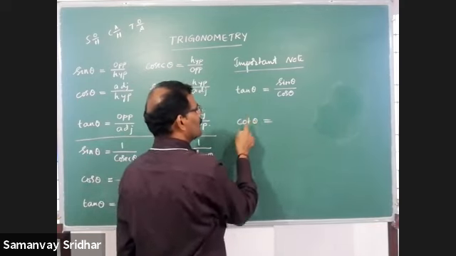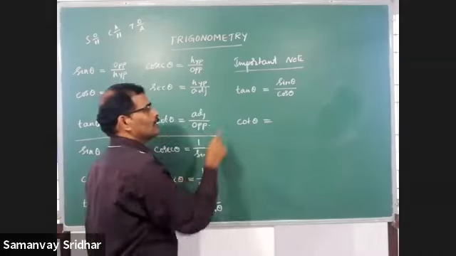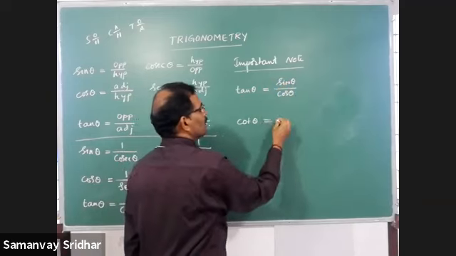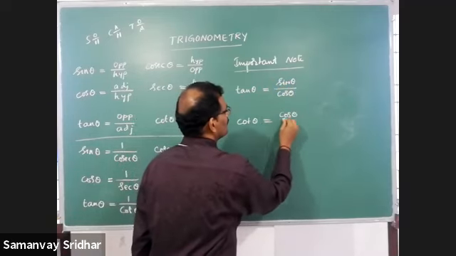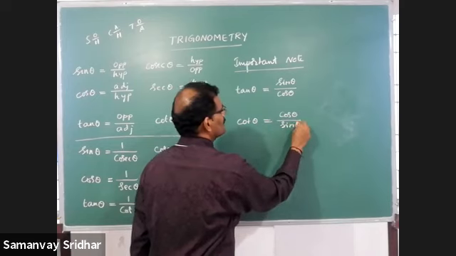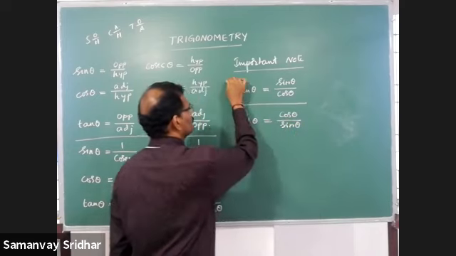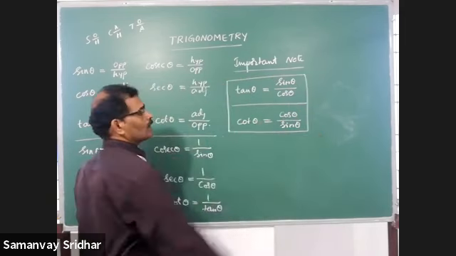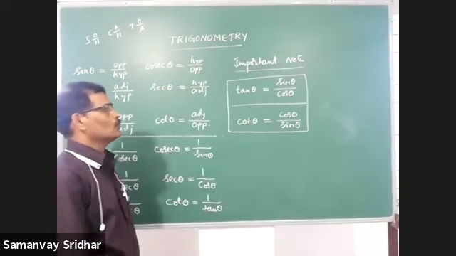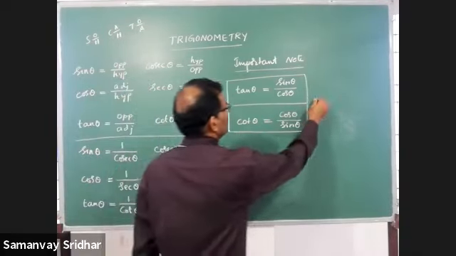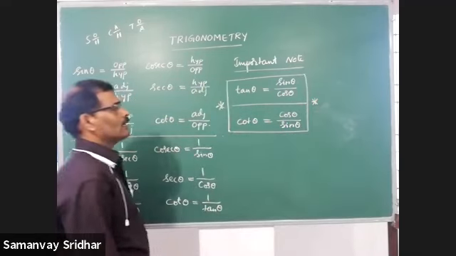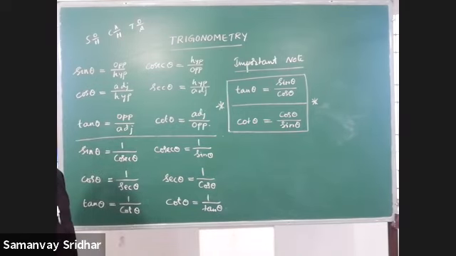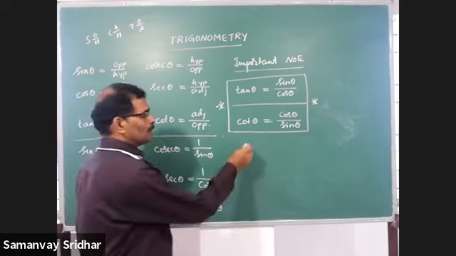cot theta is the reciprocal of tan theta. Whatever tan theta says, the reciprocal of that is what? Cot theta. Tan theta, I wrote as sin theta by cos theta. Therefore, cot theta will become cos theta by sin theta, because cot theta is the reciprocal of tan theta. Very important this is. In many areas we are going to apply that. Therefore, please take care of this. Tan theta can be written as sin theta by cos theta. Cot theta can be written as cos theta by sin theta. Today I am going to explain this, then we can continue.